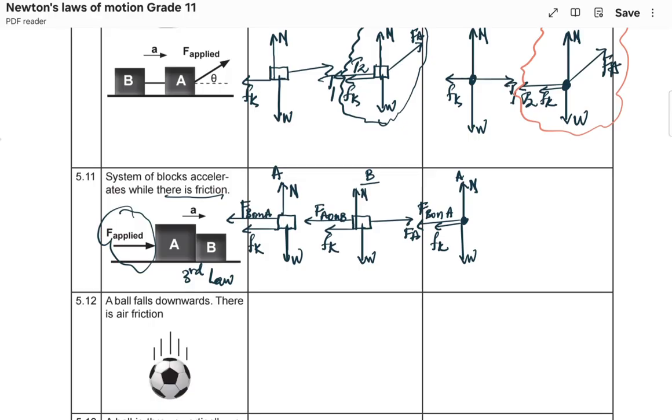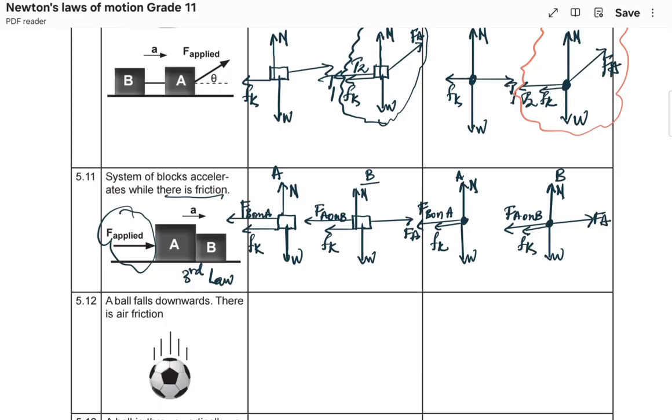I don't have force here. Then for B: normal, weight, force applied, force of A on B,